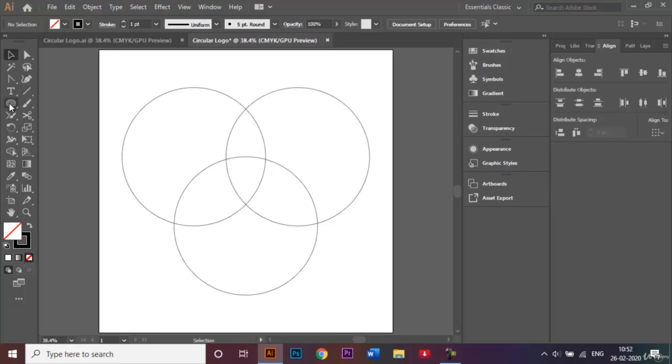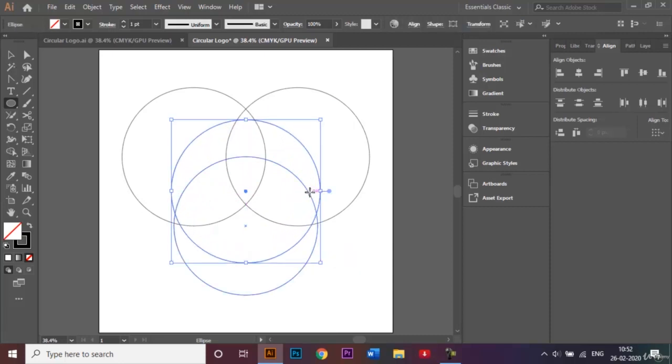So what I'm going to do is go back to the ellipse tool again and come over here to the center, click on Shift plus Alt again and make another circle which actually intersects all the other three circles like that. Okay, so once that's done,